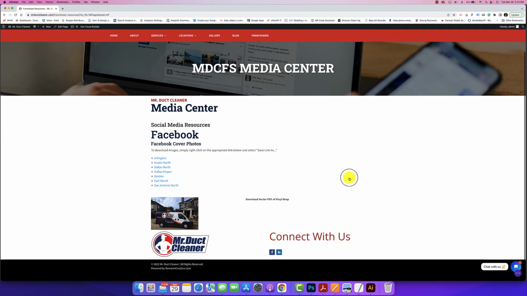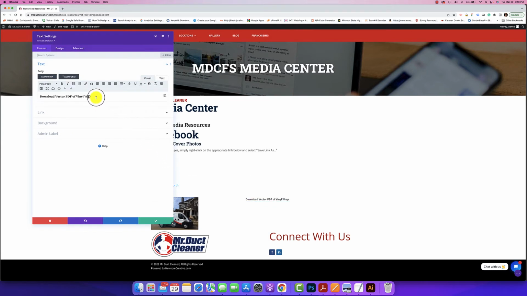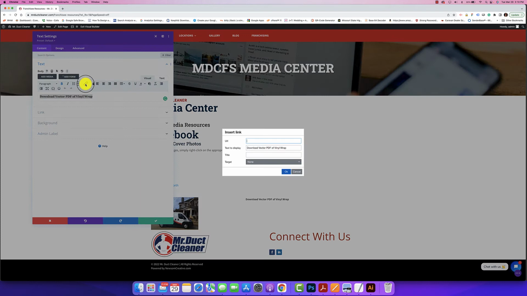Alright, so I'm going to come down here to this section, hover over this and click on it once to get my toolbar. Then I'm going to go over to the gear and highlight this. Because I went to the media library and copied the URL to the PDF that represents this vector, all I have to do now is go in here to insert and edit link,